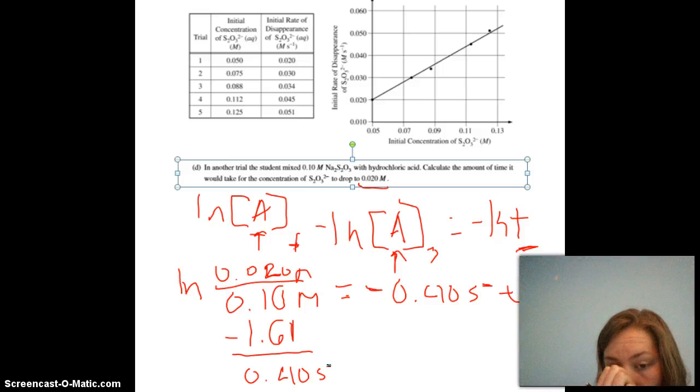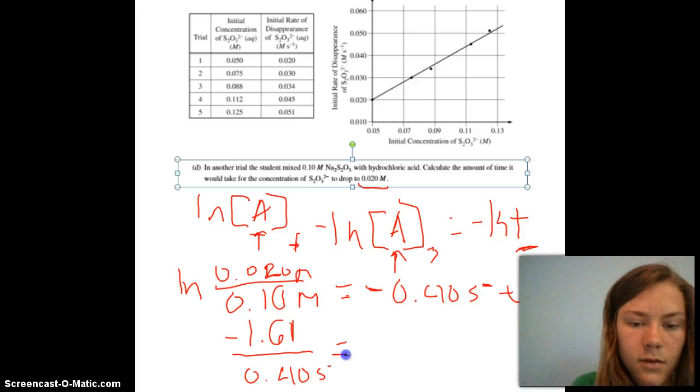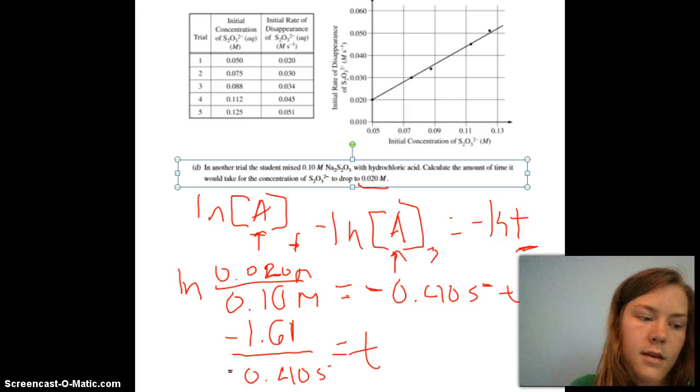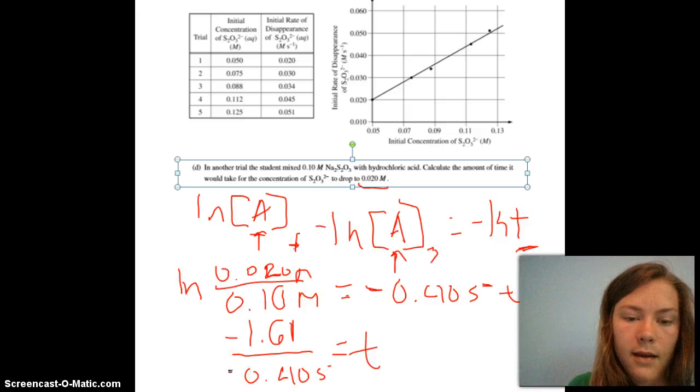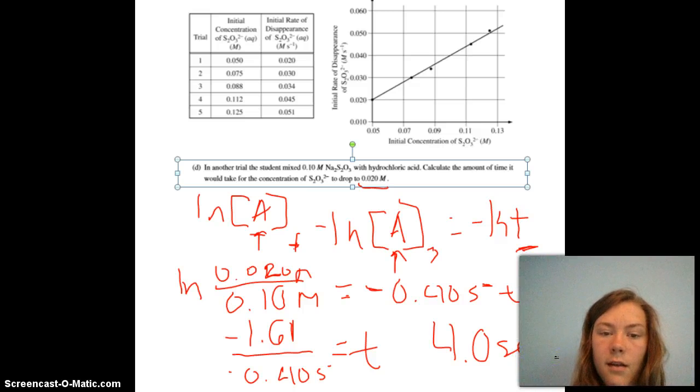And then we have that all set equal to the time. So we eventually get that simplified down to the time equals 4 seconds when the concentration of the thiosulfate will